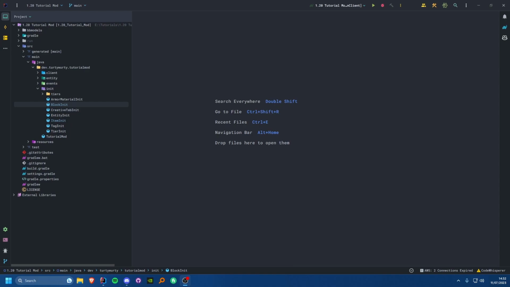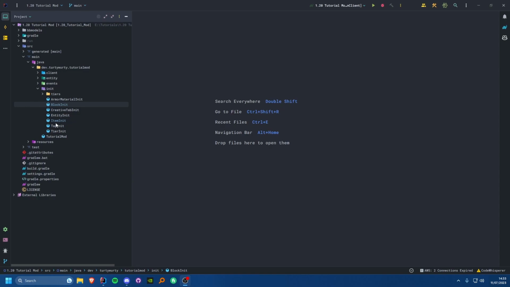Now, why would you want a block entity? Well, I think that's fairly self-explanatory now that you know what a block entity is. For example, in vanilla, a furnace is a block entity, a beacon is a block entity, all those machiney kind of blocks are all block entities. An exception being something like a crafting table, because it doesn't actually store anything, it doesn't really do anything. The only functionality is when you click it, and that can just be achieved by any old block. So let's get started and let's set this all up.